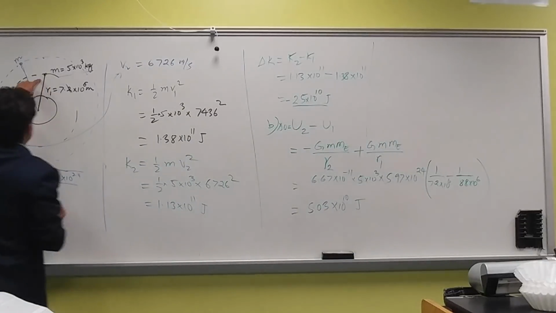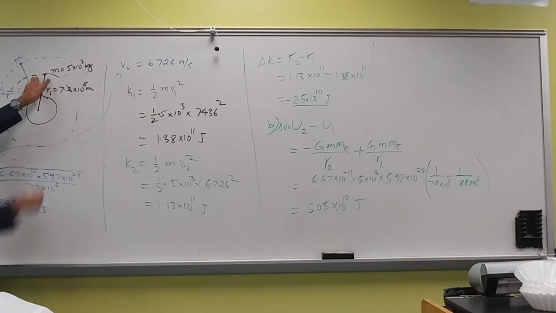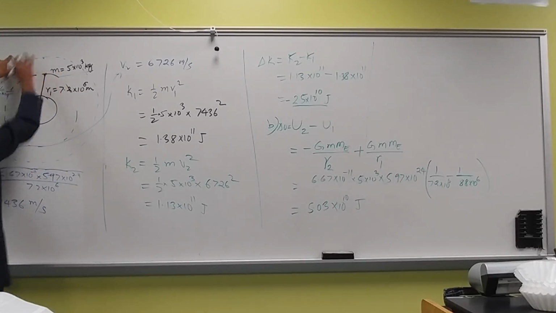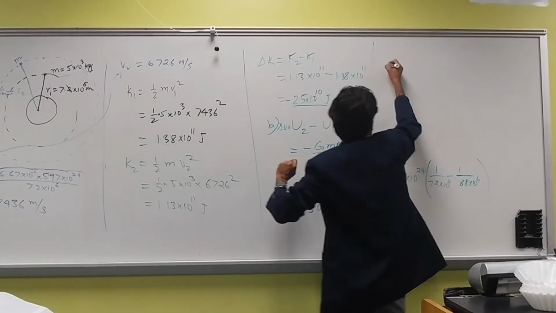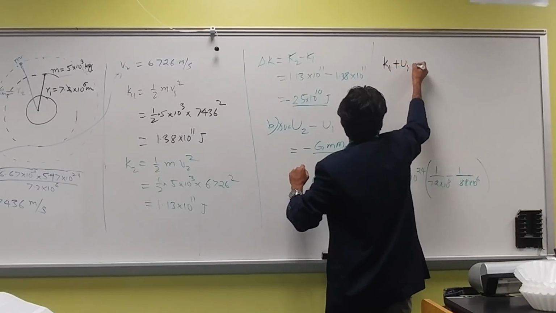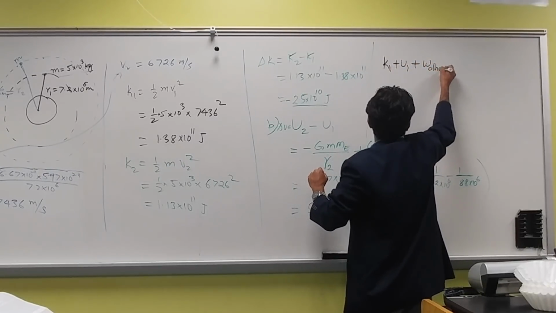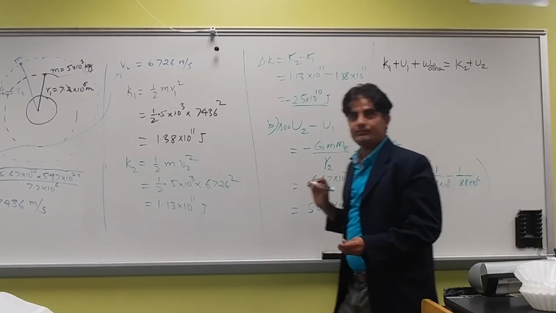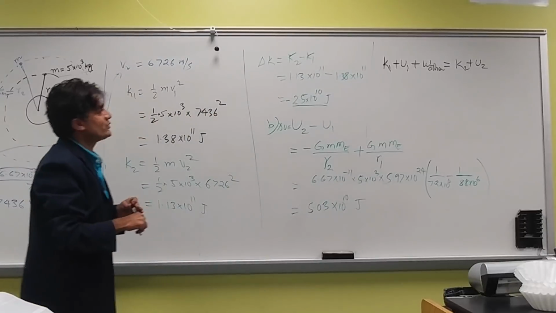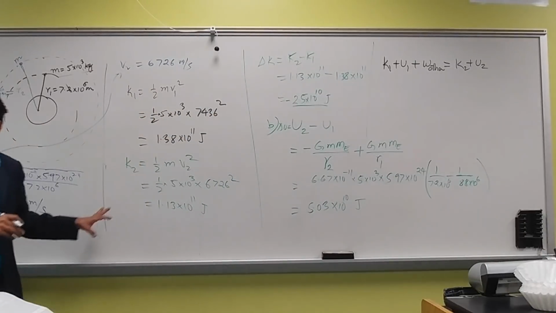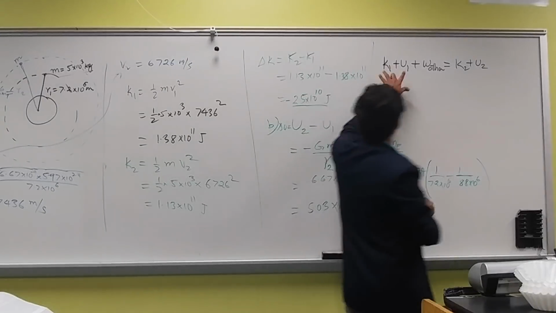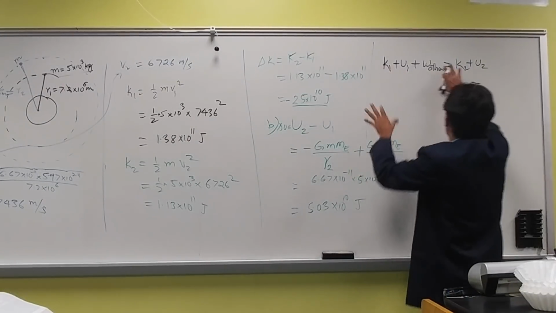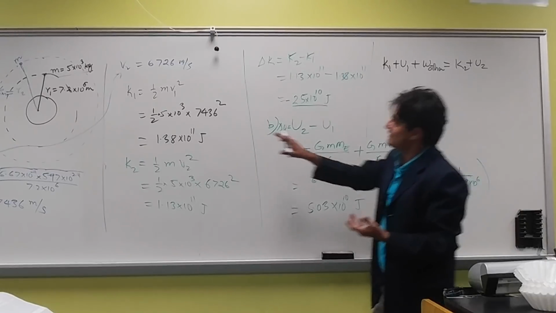So, at this point, you get K1 and U1 plus W other, you are pushing it, will be K2 plus U2, isn't it? Right? So, all you have to do is just use the formula: K1 plus U1 plus the work you do must equal K2 plus U2. That's it. Alright? By the way, you don't need to calculate K1 and U1 all over again. The easy thing is,